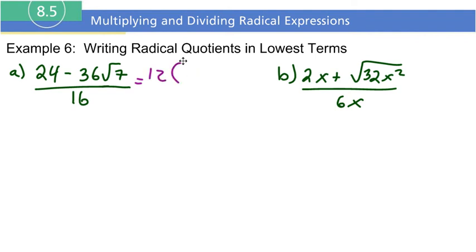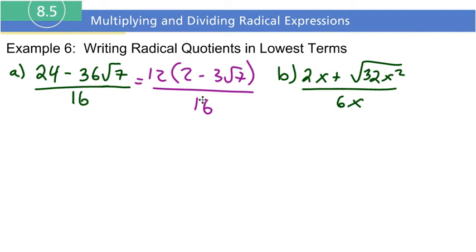Well, if I factor out 12, what goes back inside, right? So I say 12 times what is 24? 12 times 2, right? Minus 12 times what is 36? Well, it's going to give us 3 radical 7, right? So if I distribute this back, I get my original problem back. So basically what this is called is the GCF, the greatest common factor, all right? And that's all over 16. Now that we have our greatest common factor factored out here,